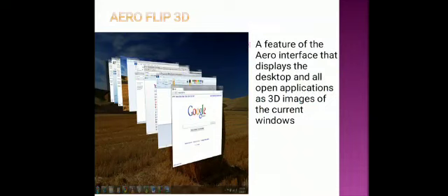And suppose you had opened 10 windows, you want to see all 10. Just press the Windows key plus Tab key combination. Okay, how to do this? Hold the Windows key and use the Tab key to scroll it. That window will appear on the stack and release both the keys.